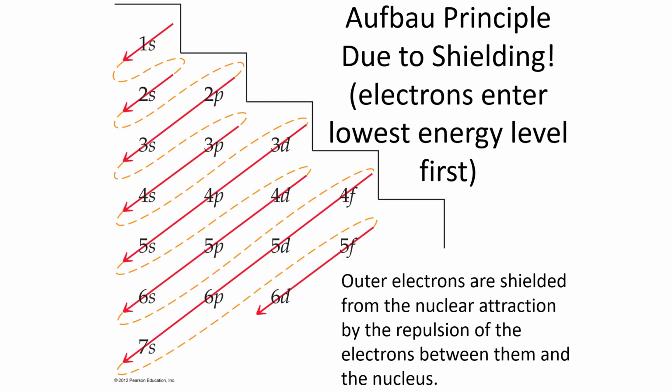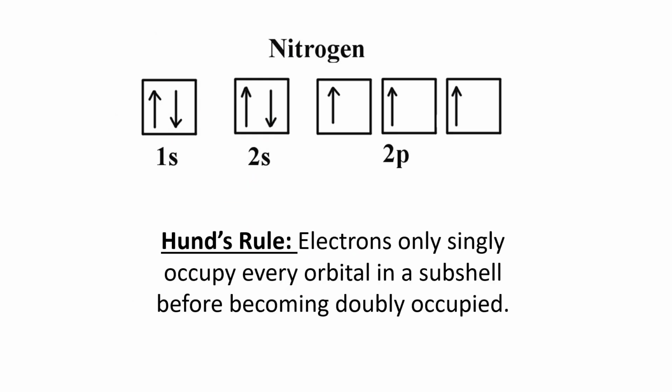But you have to remember, there is no 1p, there is no 2d, there is no 3f. Those just don't exist. Okay, and that's because of the principal quantum numbers. So this diagram is going to show us where we place electrons and why. So for instance, if we take nitrogen and look at it on your periodic table, it has an atomic number of 7, which, if you remember back at the very beginning,